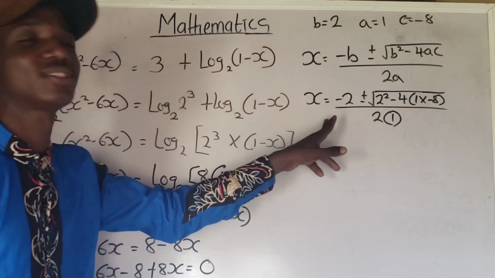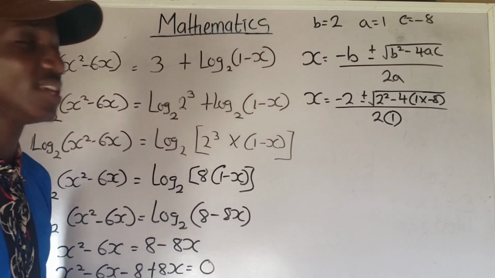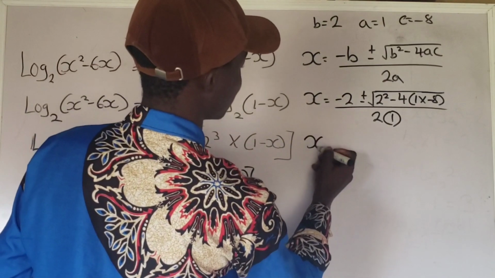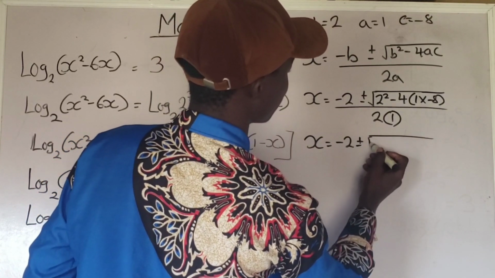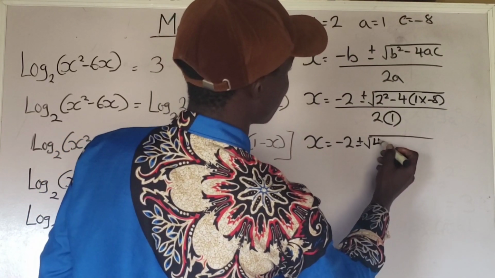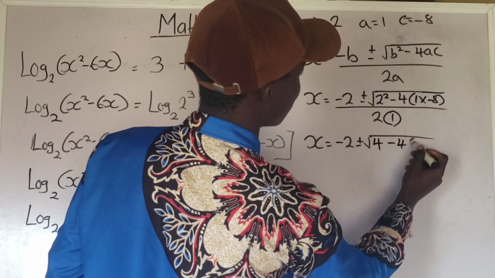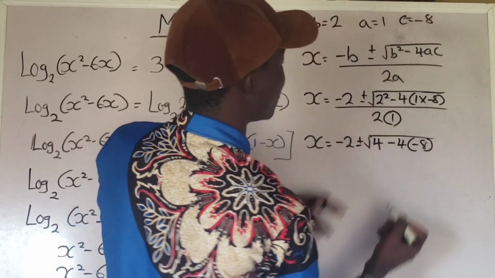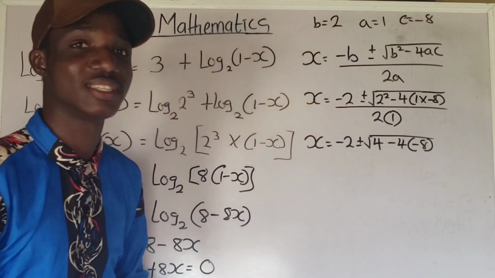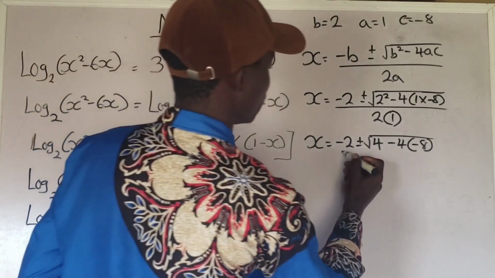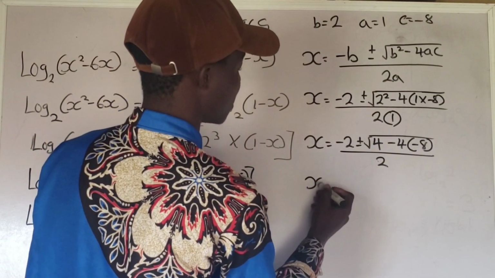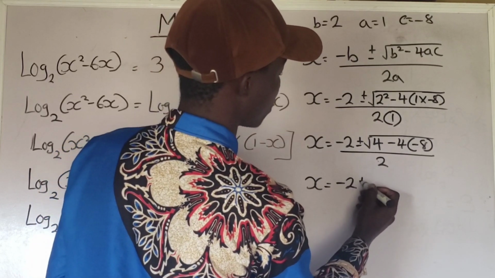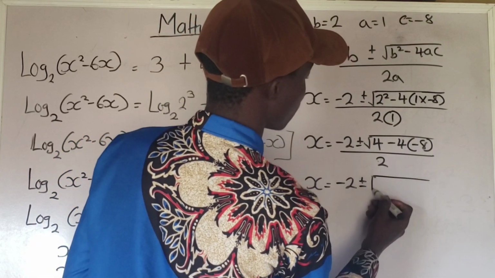So by solving this, you can easily determine the value of x. Okay? For this, I'm going to have x equals minus 2 plus or minus the square root of 2 squared, which is 4, minus 4 multiplied by minus 8, because negative 8 times 1 is what? Negative 8. All over 2, as 2 times 1 is 2. You understand? So I'm going to have x equals negative 2 plus or minus the square root of